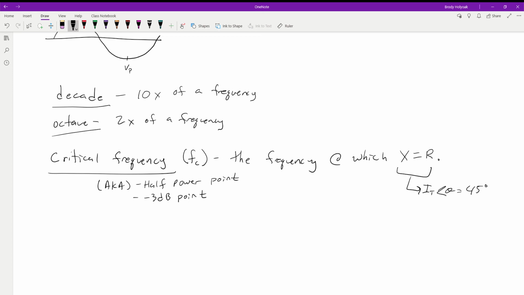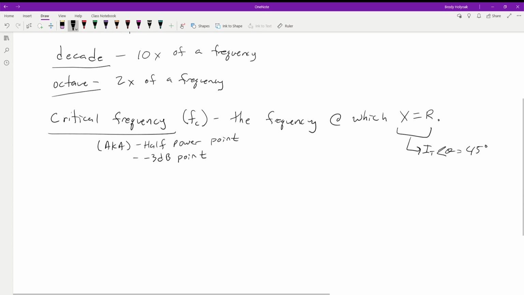And it still is maintained through these guys as well. So it's going to be plus or minus 45 degrees, depending on if we're using capacitors or inductors, like we've seen in the lab. So the big thing is your critical frequency is at what frequency does your X equal your R. When those guys are equal, you're also going to get your most amount of current. You're also going to get the maximum power transferred back and forth, because it gives you the best ratios for it.